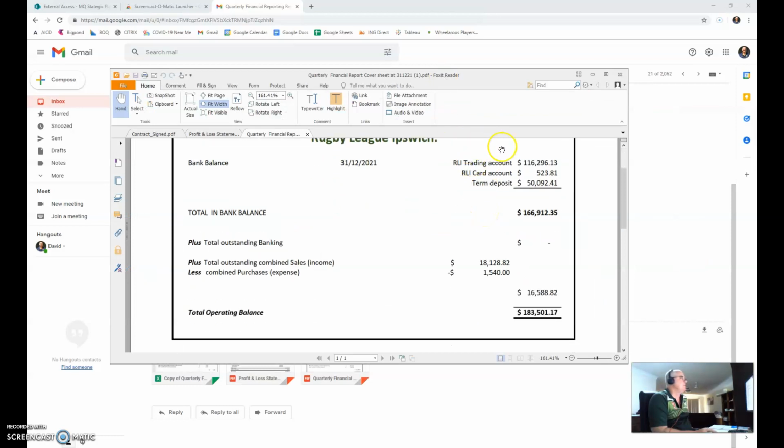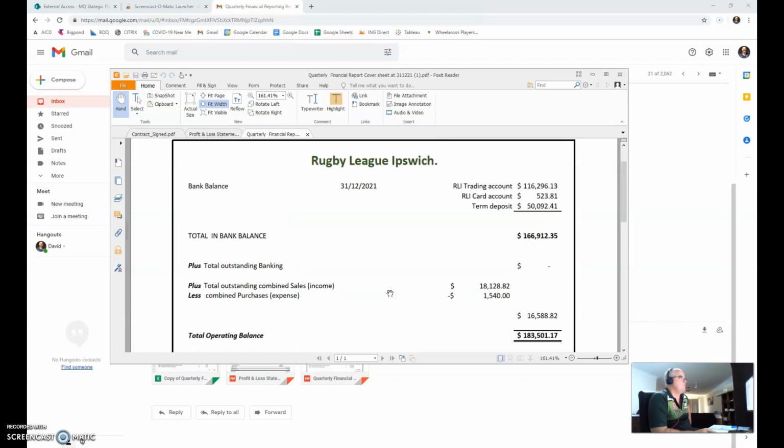So basically it lists out our bank balances, monies owed to us, so $18,000 is owed to Rugby League Ipswich, and any unpaid bills we've got, which is $1,540, which would have to be paid out of our bank accounts, gives us this net inflow of money. So we could expect on a good day, when everything is paid, to have $183,000 cash at our disposal. So that's a quick little tool we use to monitor a very basic cash position of the